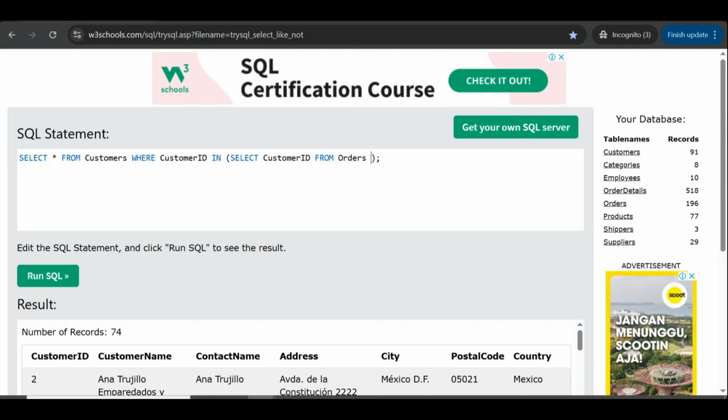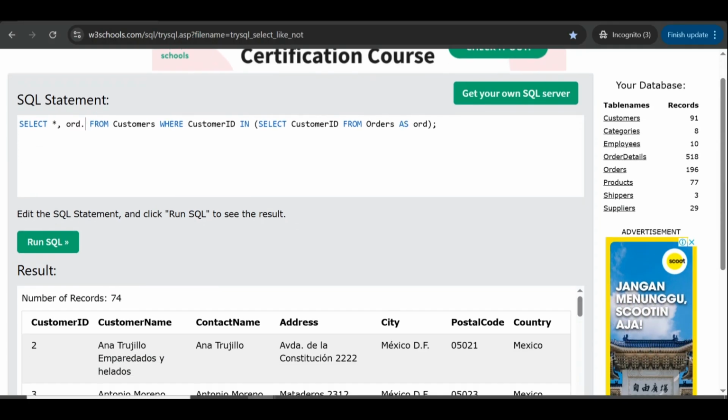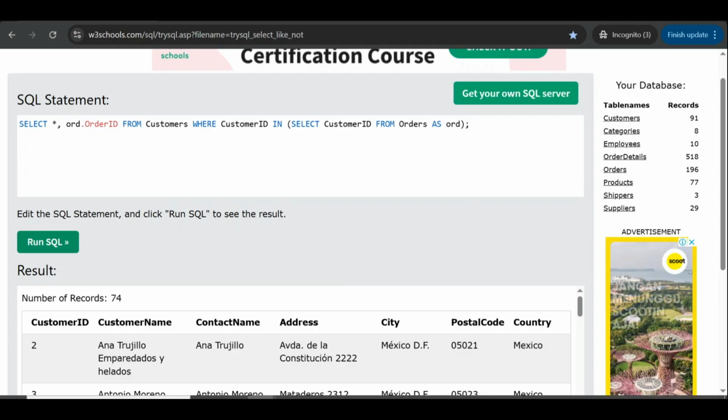Maybe I will use O as an alias, AS ORD, and I will add ORD.OrderID like this.